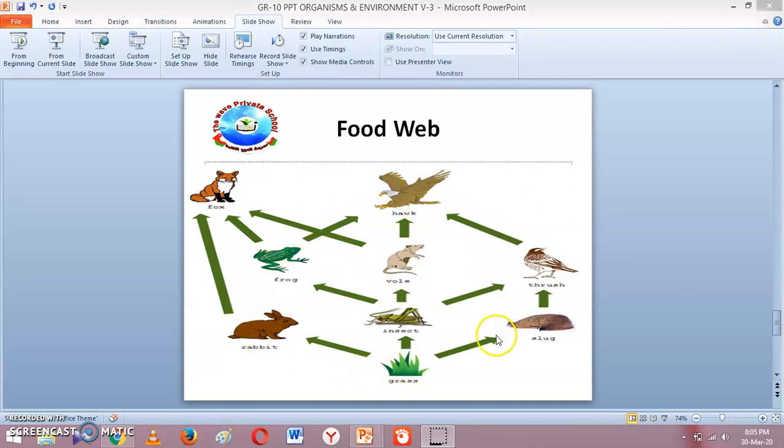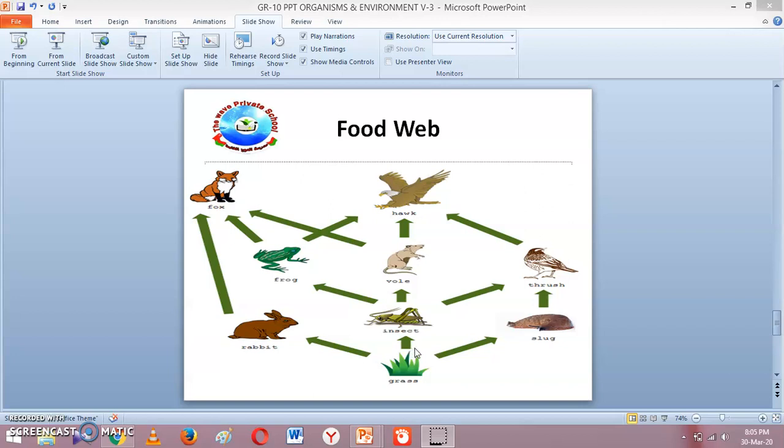Whenever we go through the food chains, one organism is feeding on another organism. So when that is happening, every organism will be losing some energy in the form of heat. So how do these organisms lose their energy? When an organism uses food for respiration, some of the energy released from the food is lost as heat energy